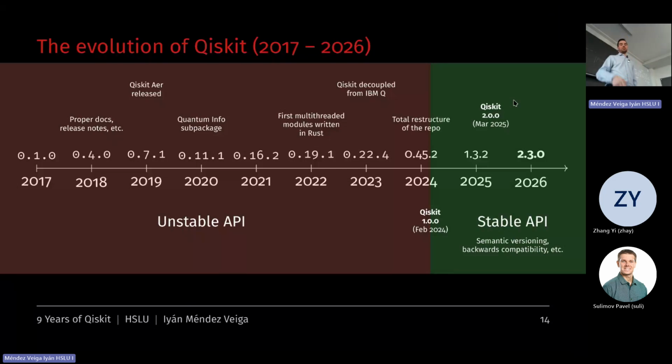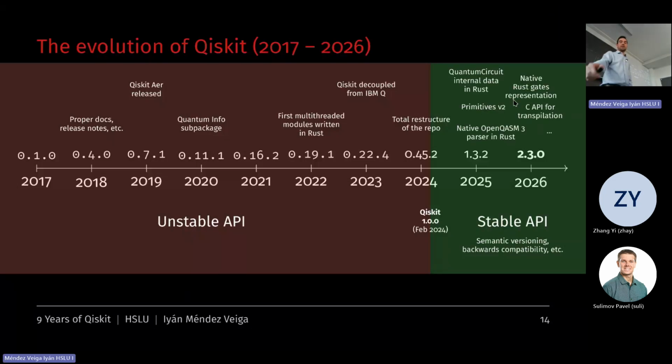And then before just the 1.0, it was a total restructure of the repo. So here's what I mentioned before, that there was this Qiskit Terra, the Qiskit meta package, this they changed completely. They moved code around, and this is what was painful to migrate the code, because now you have to change imports. You have to change names of the gates. Basically, it's like you have to start from scratch. It takes you literally less time to write the code from scratch than trying to migrate your old code.